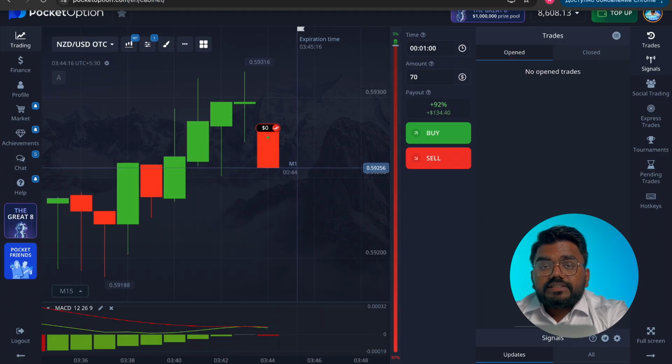So guys, let's see how the strategies were useful and what the main key points are that you need to focus on, for buying and selling. If the lines are straight, if they are not making momentum, if they're parallel, this is something really risky. Never place a trade on that if you're using the MACD strategy. The MACD strategy is about when the lines get momentum toward each other and make a crossover. So next time, if you see that any currency pair is intersecting, that's how you make a strategy and make it a buy or sell trade.